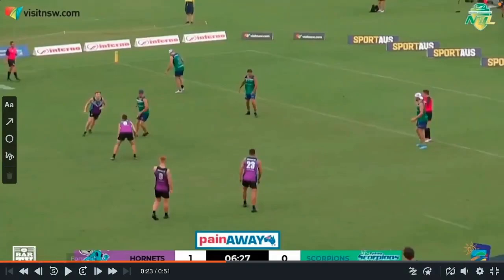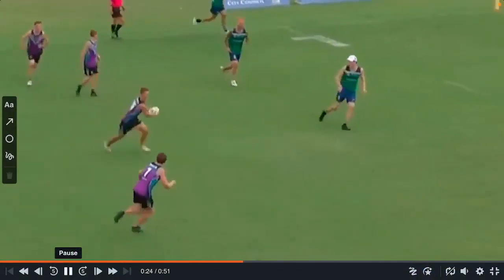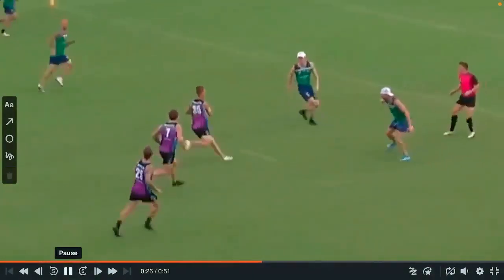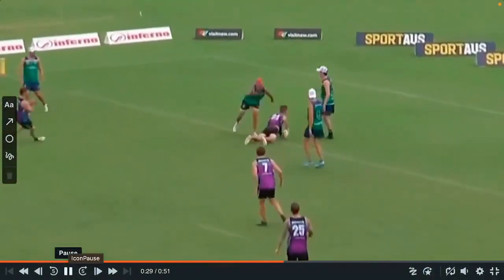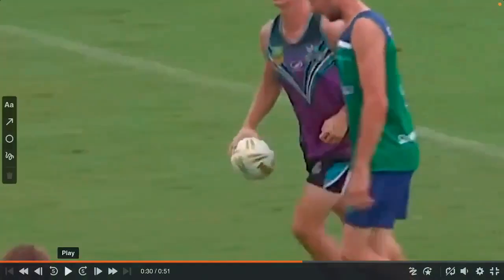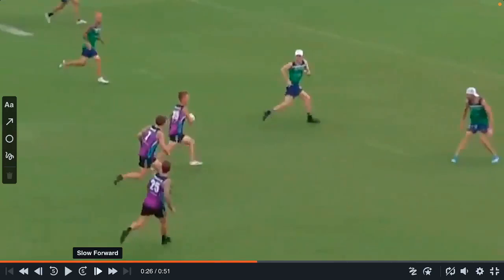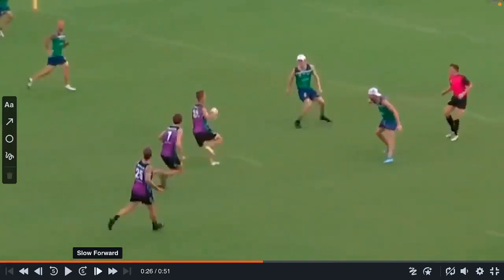Well, kind of gave it away a little bit there, but this is them running on the field, and you watch Scorps. They start dropping. They drop, bang. Try time. Now, when you drop, when you're backpedaling to the line, one thing that you cannot do is